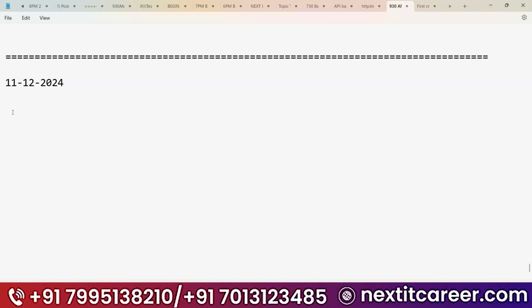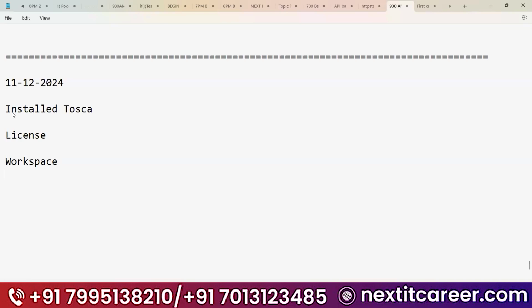So what is today's date? Today's date is 11/12/2024. So what is today's topic? What we have covered till now: we have installed Tosca and applied the licenses. Once we have provided the license, then we have created a workspace.